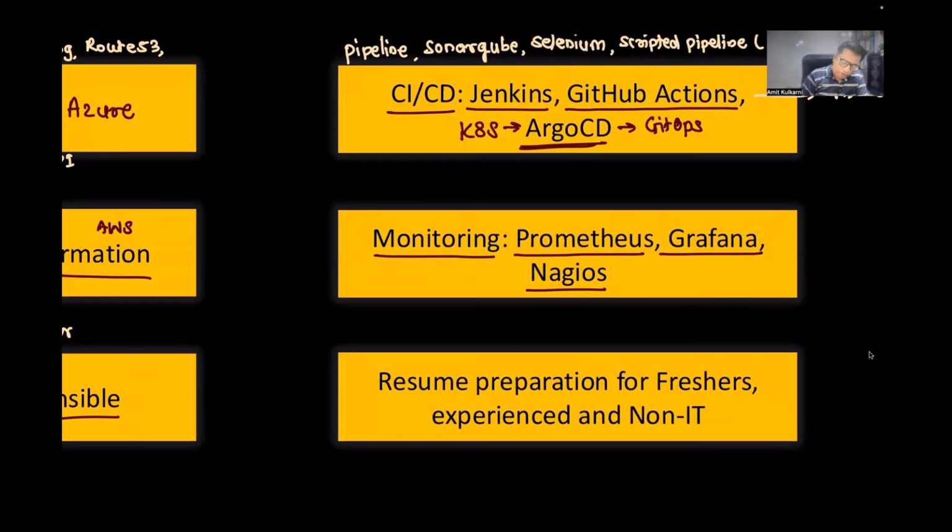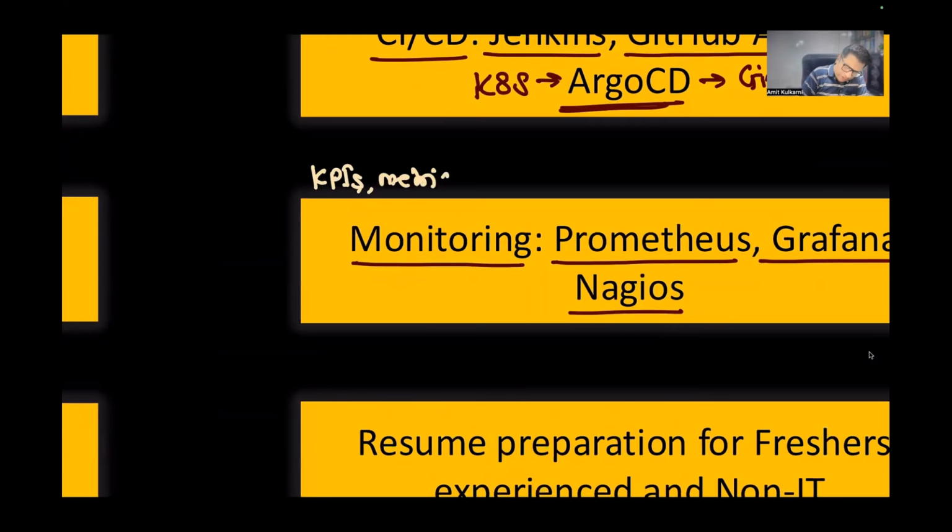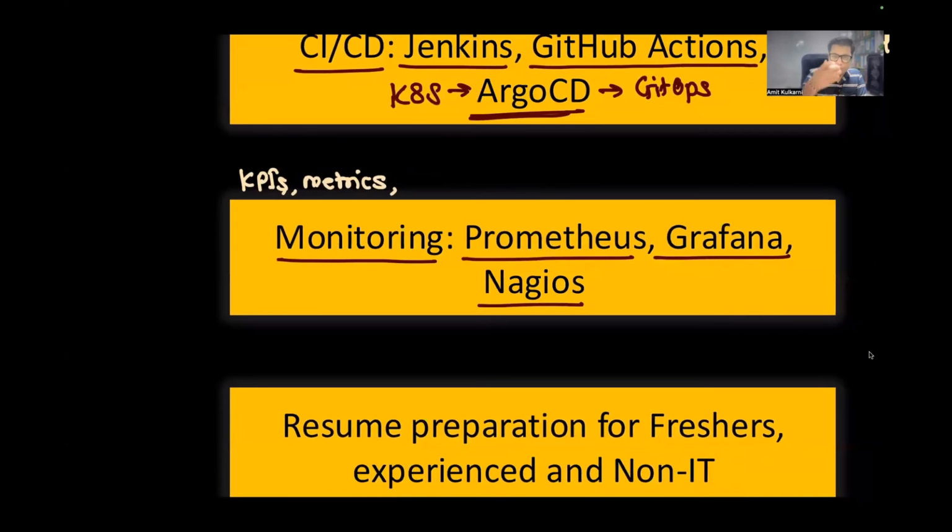In the monitoring world, we'll be talking about something called KPIs. How do we create our own metrics with Prometheus and so on and so forth? We'll be installing Prometheus and Grafana. Prometheus has its own language, called PromQL, or PQL, the Prometheus Query Language. Grafana uses that query language to talk to Prometheus and gives you a nice little dashboard. So this is like a monitoring dashboard. This will be created here.